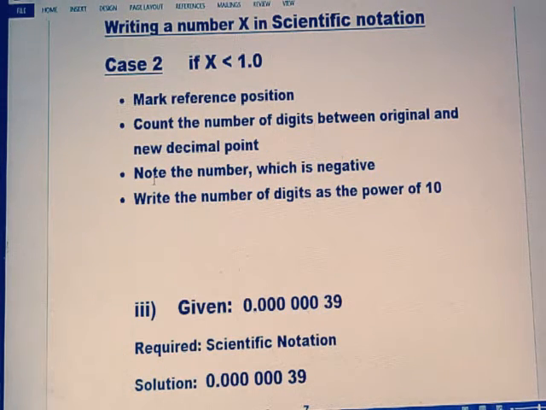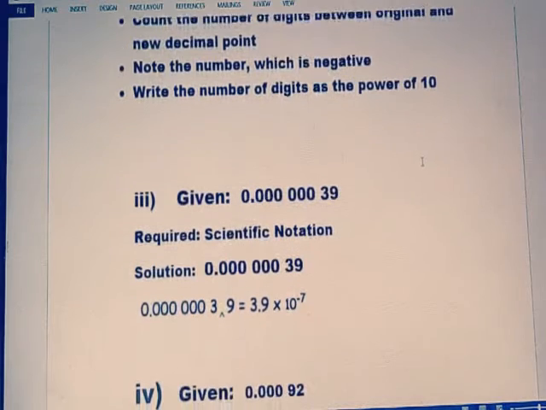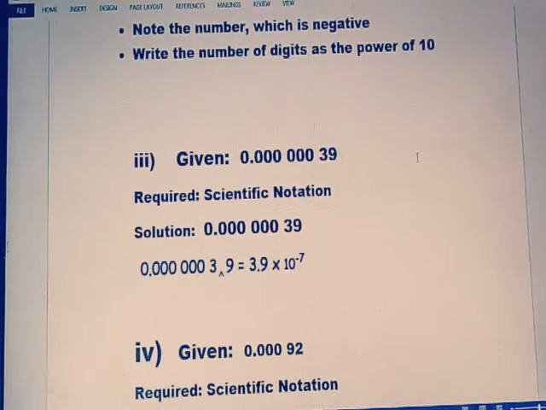And now this is very important. Note the number which is negative. If we count the number of digits in the case of less than 1, we take the power of 10 as a negative. So write the number of digits as the power of 10 and it must be a negative one. So look at this, question 1 part 3, given